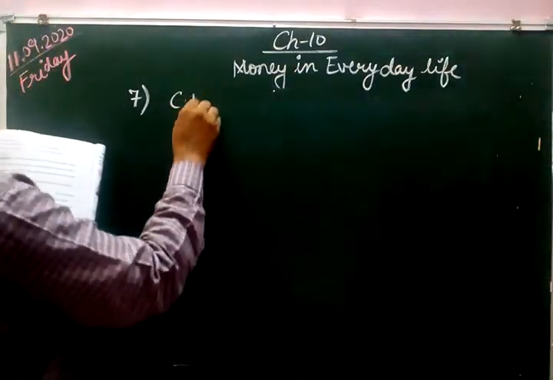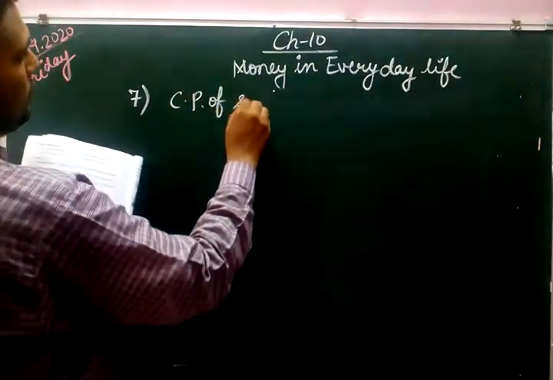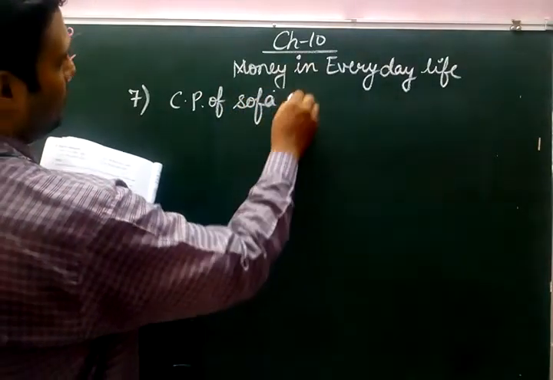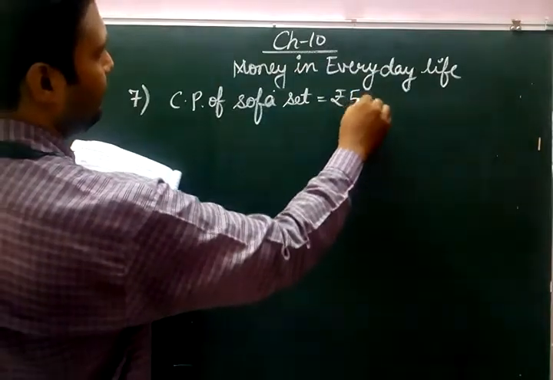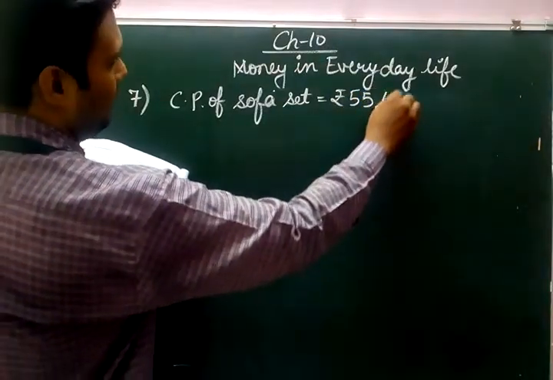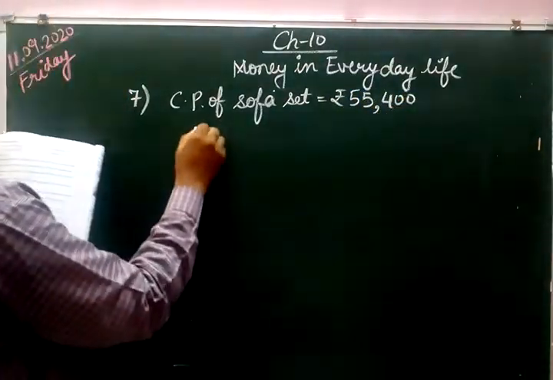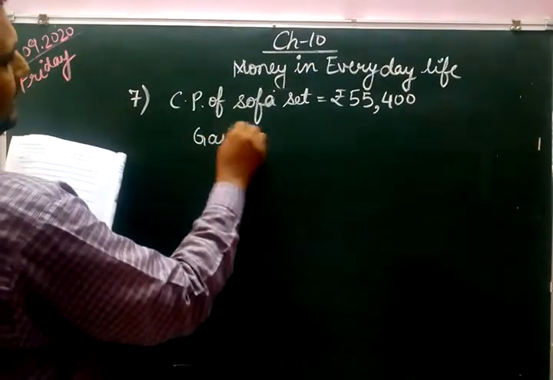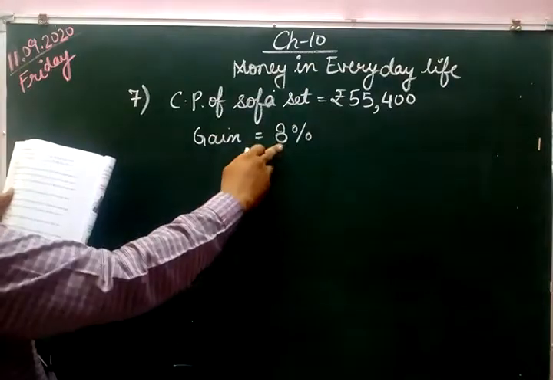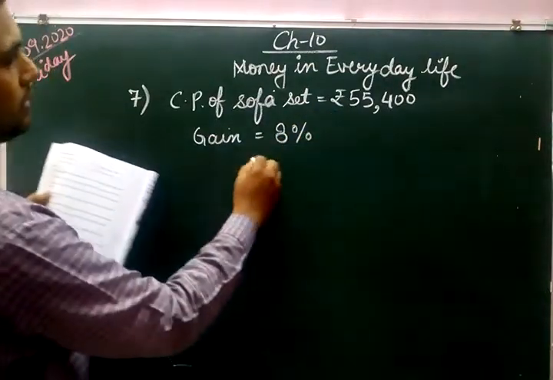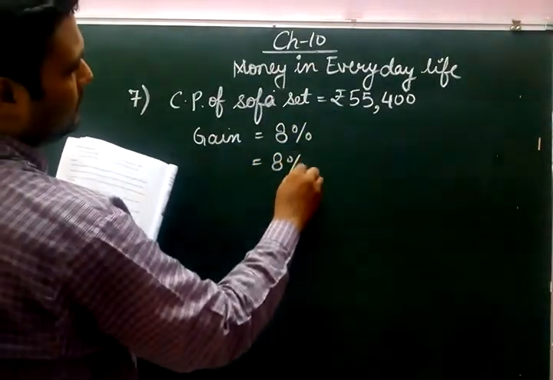So cost price of sofa set is rupees 55,400. But he is having a gain of 8%. As we all know, this 8% gain is on this cost price. So 8% of